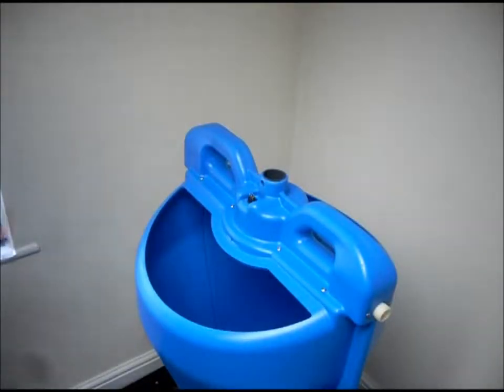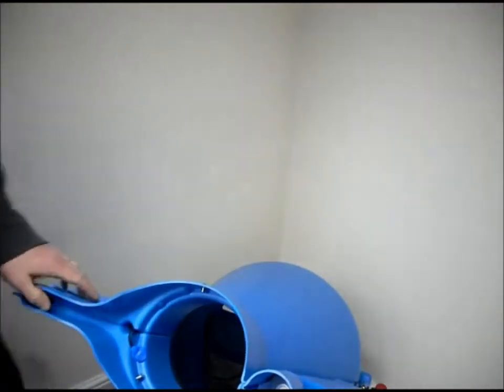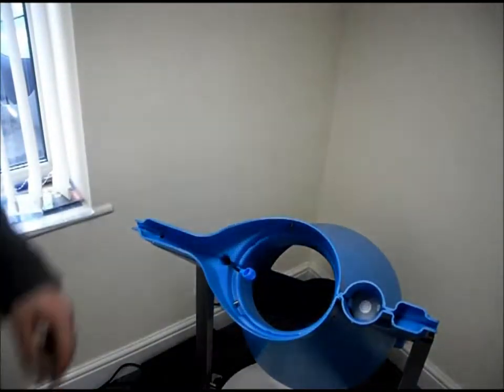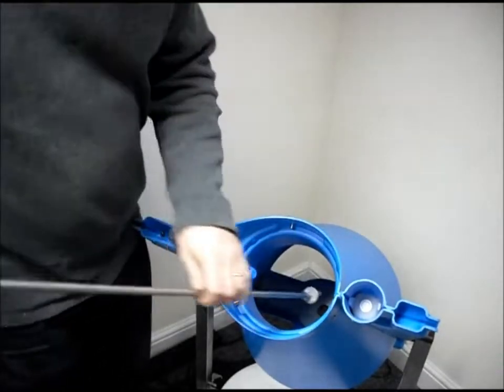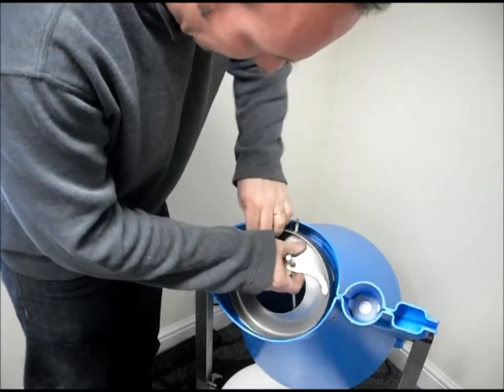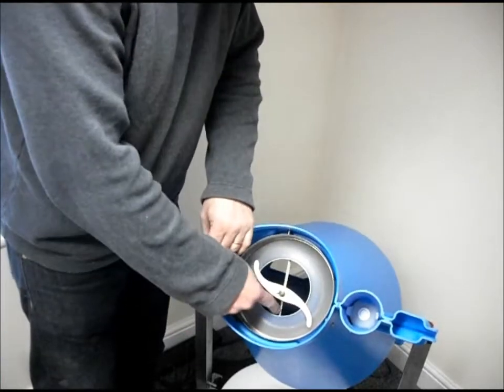Now we can put refitting the auger. When I put the auger in, I like to put the auger and this feed disc in first of all. Line the coupling up to the hole at the base of the hopper. Just drop into position, and I tend to use the wire